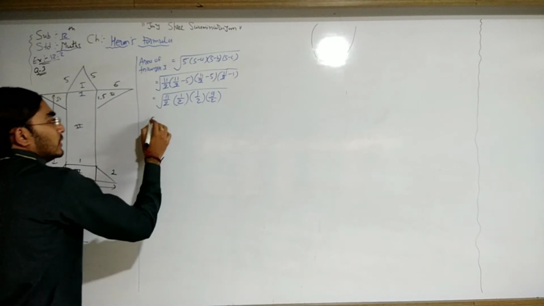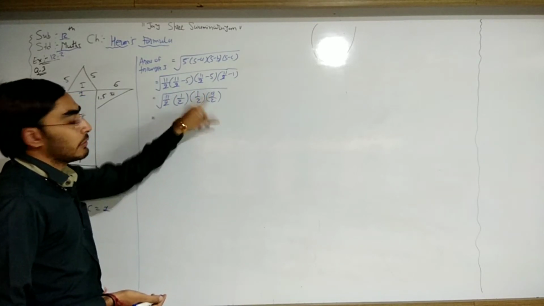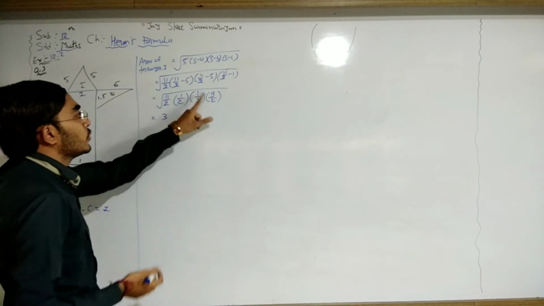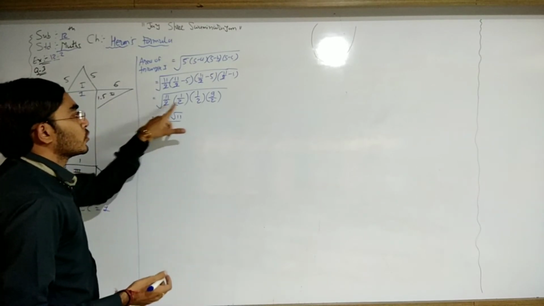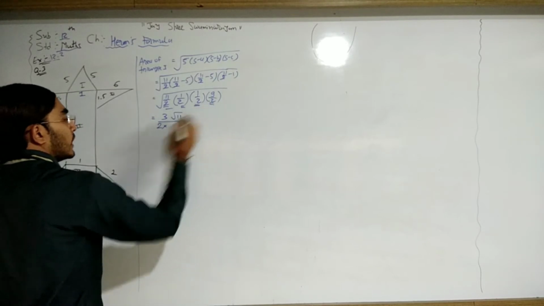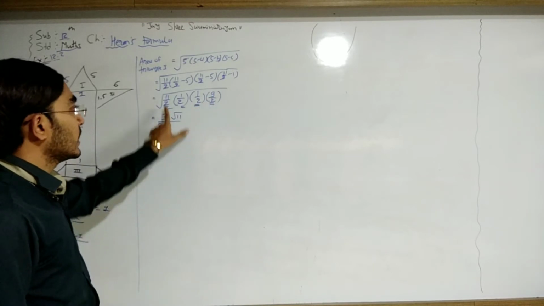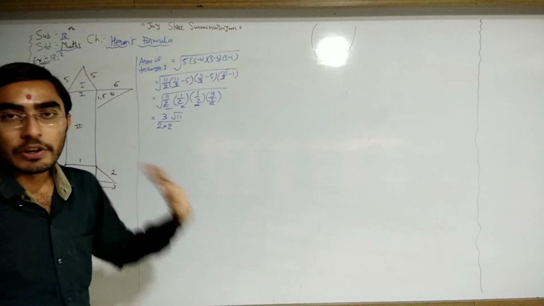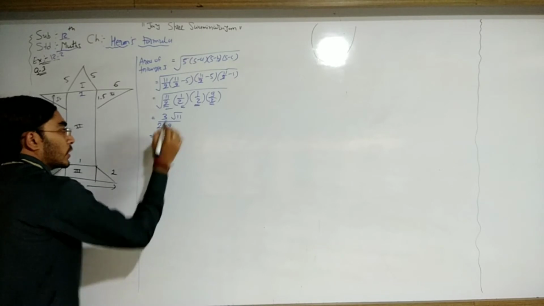Now in the numerator, 11 multiplied by 1 multiplied by 1 multiplied by 9. The square root of 9 is 3, and 11 remains as it is under the root. In the denominator, we have 2 two times, so 1 time 2, and again 2 two times, so 1 time 2. So here we get 3 divided by 4 into the square root of 11.